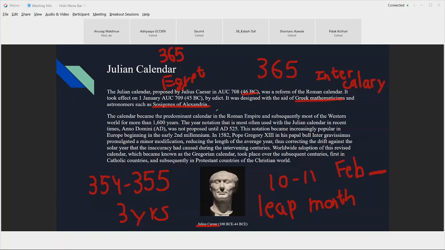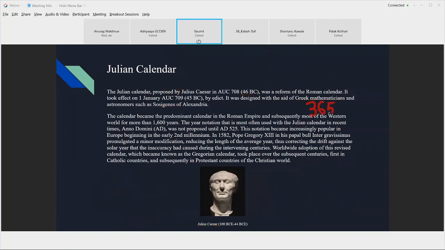So it is actually 365.25 days. They calculated that a year consisted of 365.25 days, which was a very good approximation at that time. But the Julian calendar was proposed. It consisted of the 12 months that we have now. We have these months until now, January to December, just the way they are.